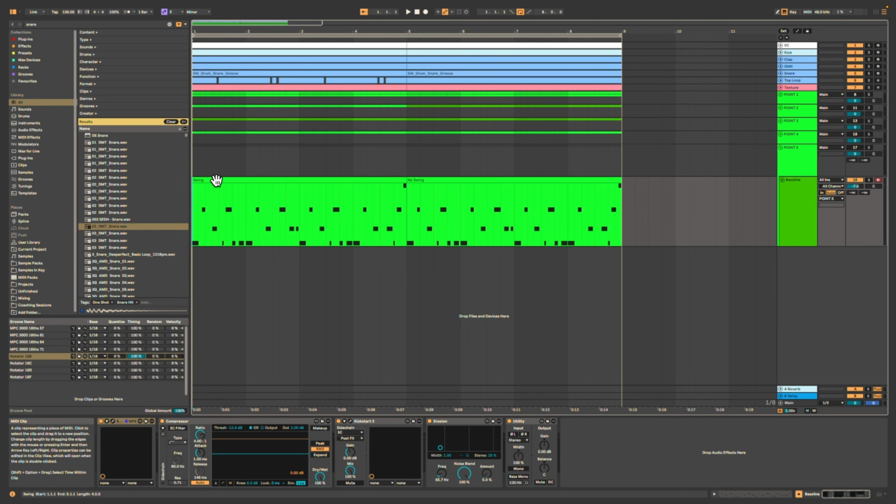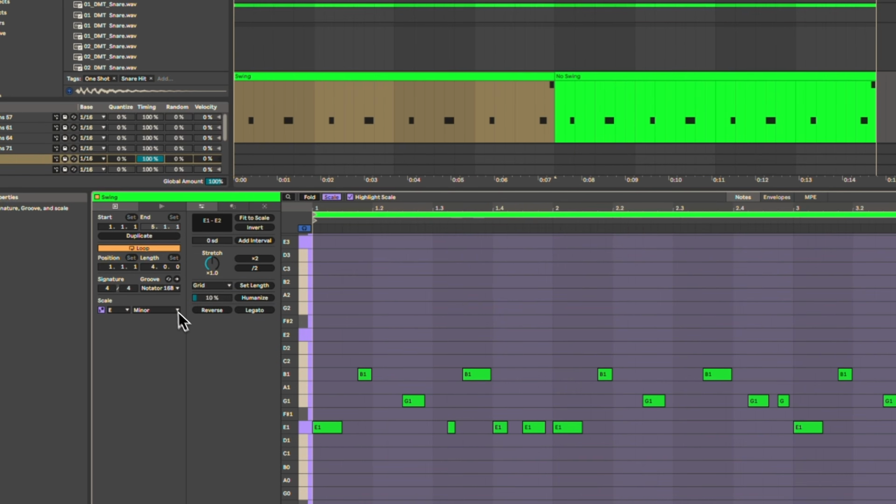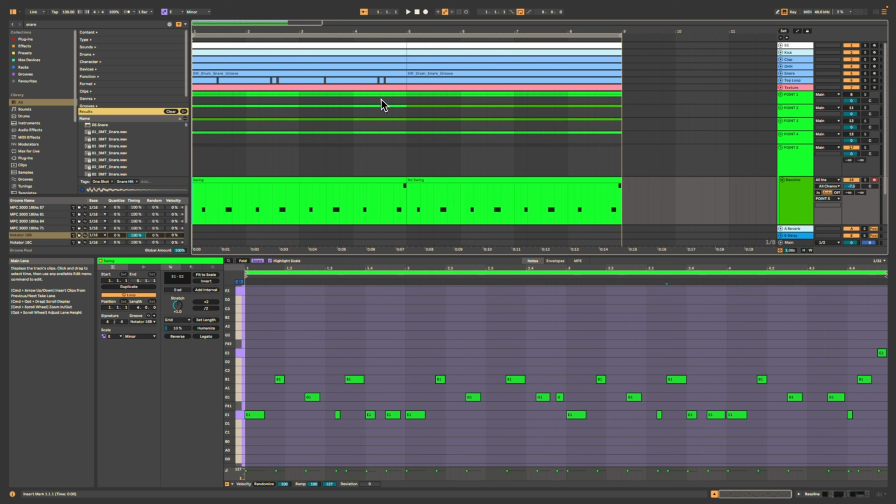Point 5 is going to be your swing and what notes you actually use in your bass line and how high up in the octave they go. So if I play the loop here, we got the same bass line playing. There's going to be one difference here. This clip here is going to be swung, and this clip is going to be without the swing. So as you can see here, we have notator 16B applied, and in no swing, we don't have any groove applied. So if I play it in context,